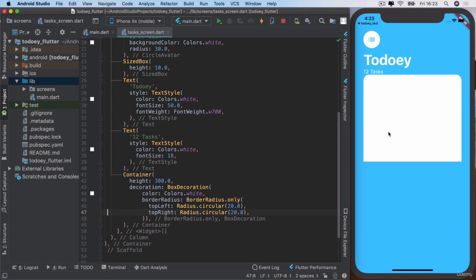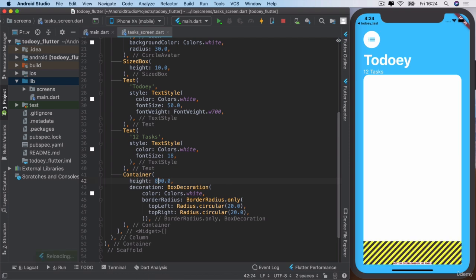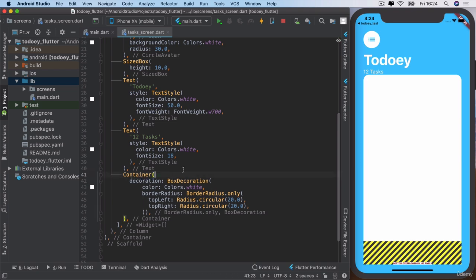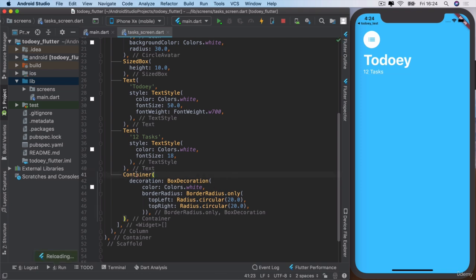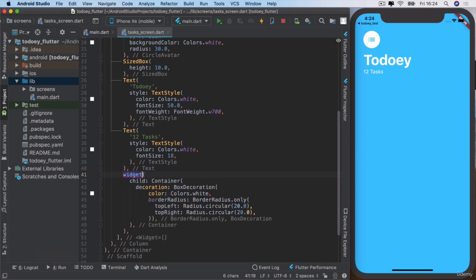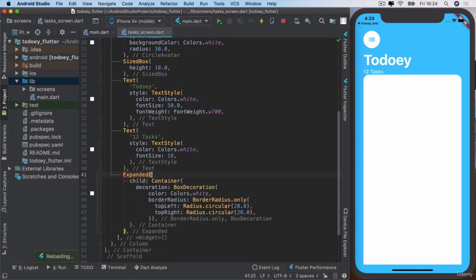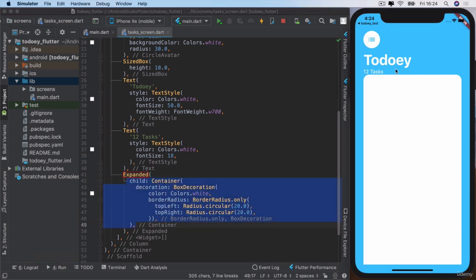It's looking pretty cool, right? But how can we get it to extend all the way down to the bottom? Because at the moment it looks like it's just a bit cut off. Well, one way is by increasing the height, but let's say that I made the height too large, then it's going to go off the screen and I've got my overflow problems. So instead, what we want to do is delete that hard-coded height, and instead we can wrap our container inside an expanded widget,